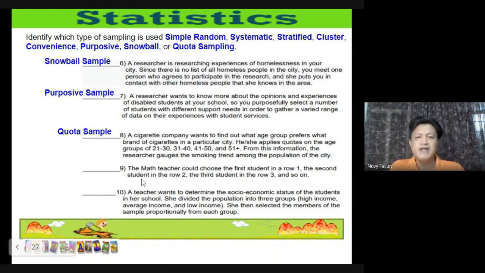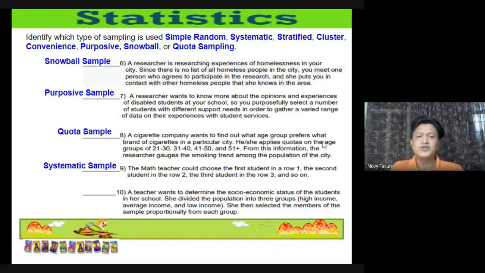Next, number nine, the math teacher could choose the first student in a row, the second student in the second row, the third student in the third row, and so on. So kung mapapansin natin yan, ito ay systematic sample. Kasi na, inassign mo sila. And therefore, kukuha ka lang ng isa sa bawat row. Kaya nga, that is a first student, the first row. Ganun din, so on and so forth. Next, number